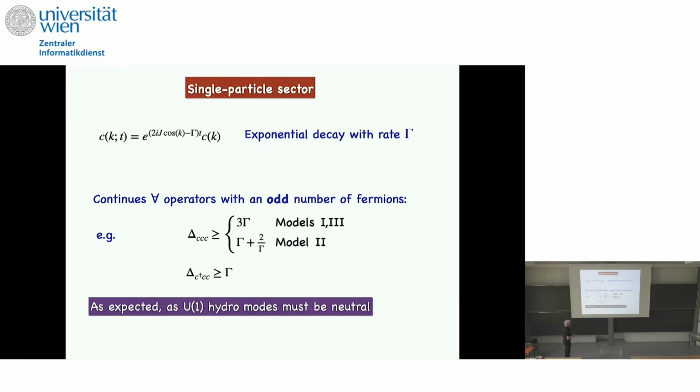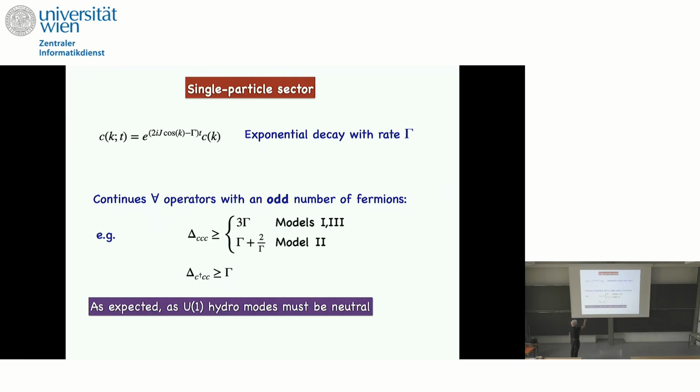Okay, so now let's see how it works in practice. You start with a single particle, but the single particle is extremely simple. You get a closed solution for the annihilation operator in momentum space. This is what comes from the tight binding model. This is what comes from the dephasing, and the dephasing basically just kills the operator at late times. So this is an exponential decay with a dephasing rate, and of course here there's no hydro, because it's in the one particle sector.